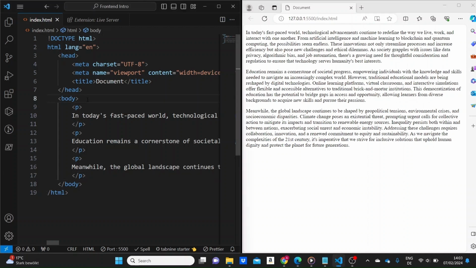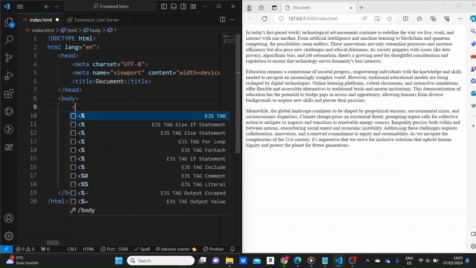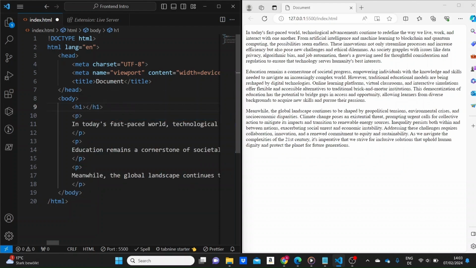For this reason, we use an element called heading in HTML. The heading is written by a set of tags beginning with H, and then we have 6 different headings from H1 to H6. The difference between them is that H1 is the biggest in size, H2 is a bit smaller, H3 is even smaller, and then H6 is the smallest of them all. So I'm just going to begin with H1 firstly, and I'm going to write the title to the first paragraph,